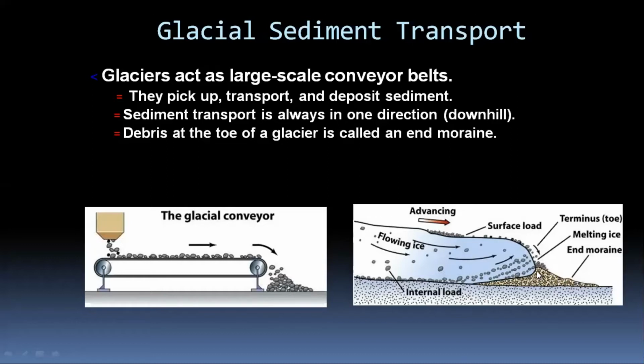Here we have another term called the end moraine. End moraine, you can say, is the place where the toe of the glacier was, like the maximum advance the glacier made, and the place where the glacier went up to, where its dump will be, in the form of glacial deposit. We call it an end moraine. This is normally called the toe of the glacier.